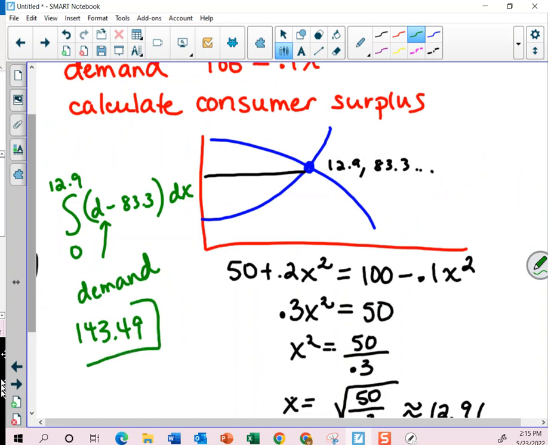Okay. So essentially that will be the type of thing I'll have you do, one or two of those maybe on the quiz where you're calculating that, probably just one. Intersection point is the crucial item, how to use that intersection point or the point of equilibrium to then set up the integral to calculate the